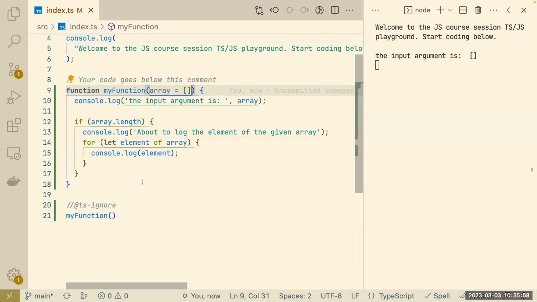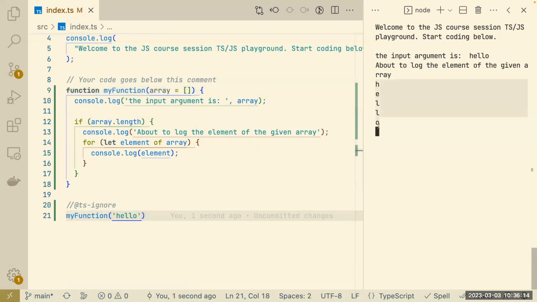Yes, the code will break. The string has length, yes. But it works in this way. It's up to us to decide whether we want it to work. We can pass a string, and it will still work. In this case, that's a good example you brought up, because